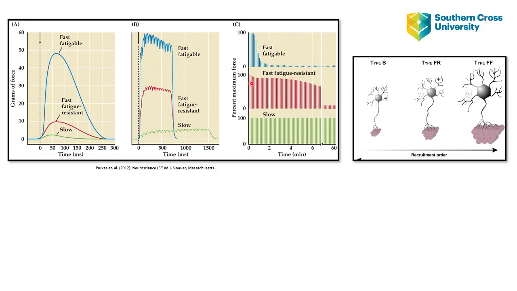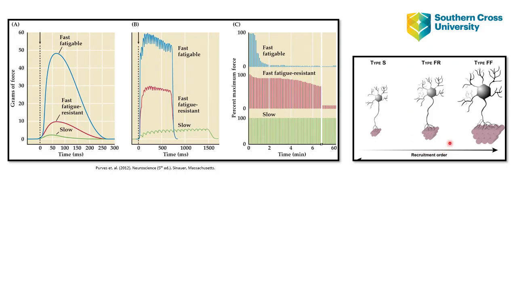So at first, when we do 100% of our maximum force, all of them have been activated, but over time, and we're talking minutes here, we have a slow degradation in force generating capacity,